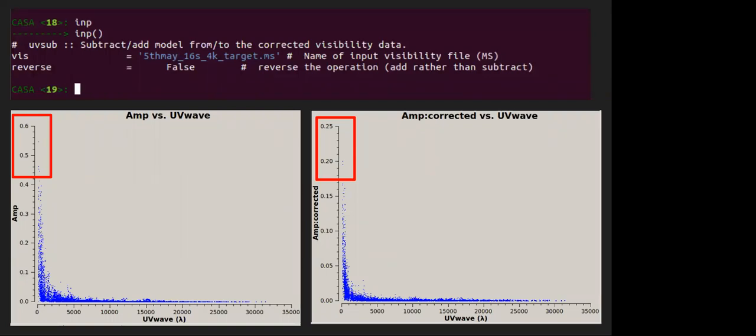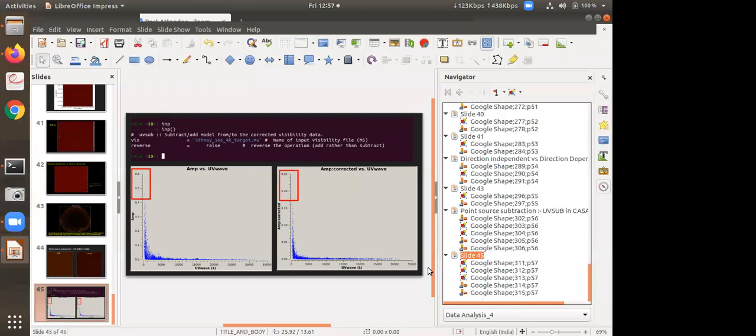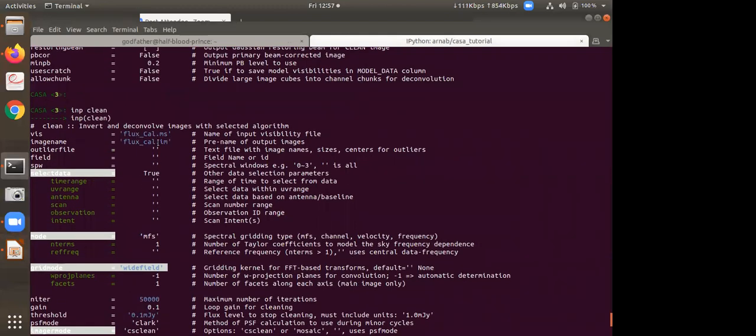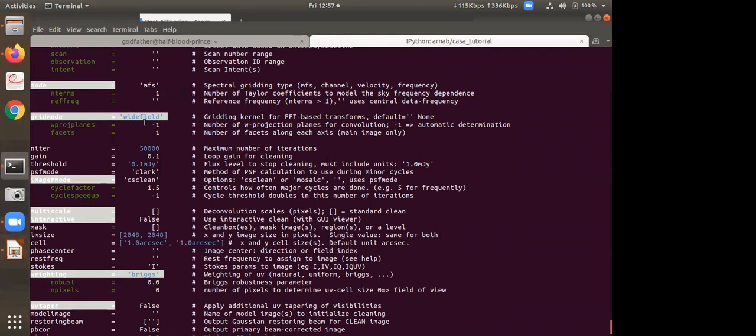So now I just want to show you in the terminal how you would measure an image of your flux calibrator. You provide this. I mentioned that you may want to choose wide field, and niter is basically how many clean iterations it will perform, and threshold, I provided 0.1 millijansky based on some rough calculation of your sigma, and that is the stopping threshold, right?